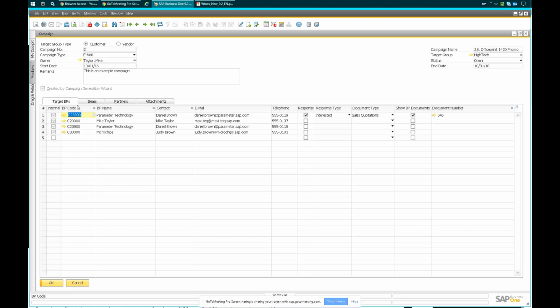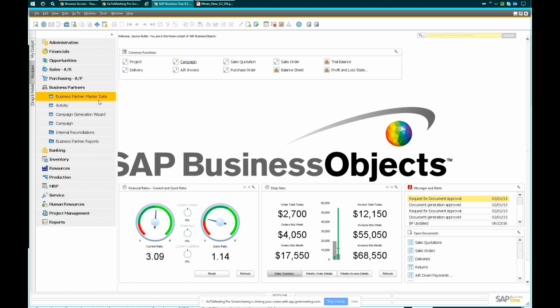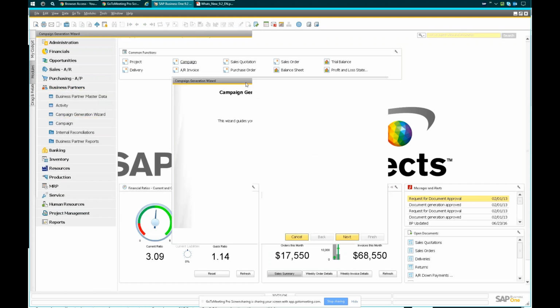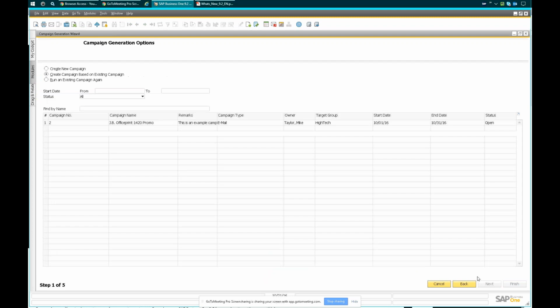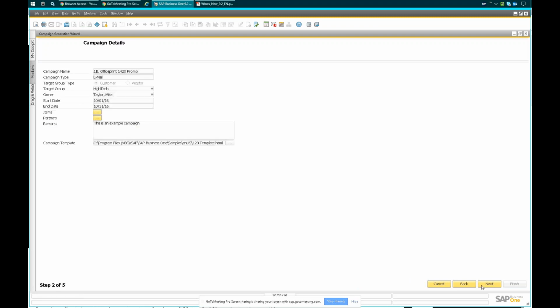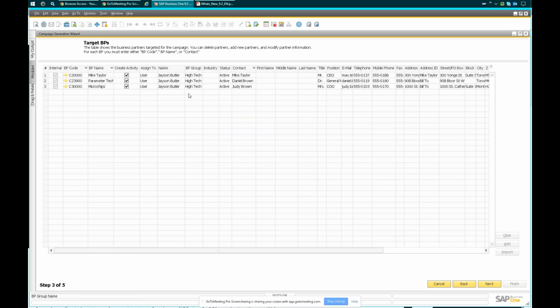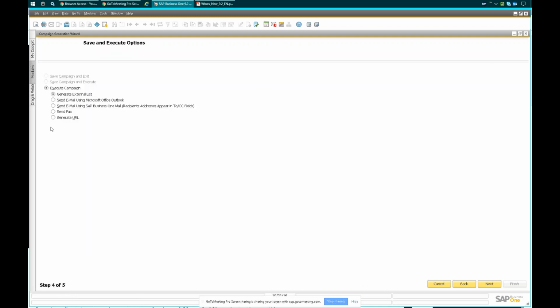So the other thing that they've added here is the ability to run a campaign again. With the campaign generation wizard, one of the new functions is you can run an existing campaign again and exclude lines where the business partners have already responded. So if you wanted to send it out again, say, hey, this deal is still on, and just resend it, maybe they missed it, maybe they just didn't have time for it, etc. You can rerun this. Pick the options, pick the ones that hadn't responded,